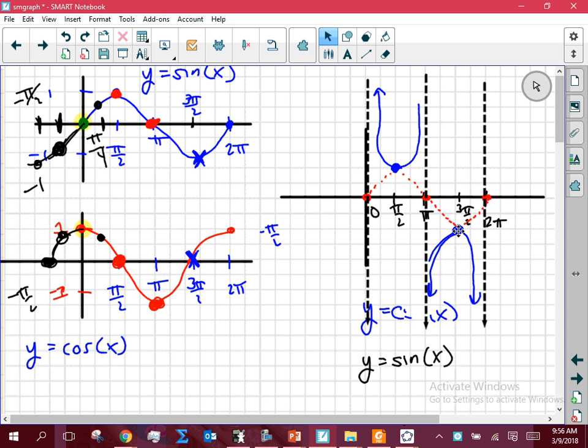The secant is going to attach to the cosine. So if I wanted to graph the secant, I do the exact same thing, but I start off with the cosine. All right? Monday, we'll start with this again so you can see it one more time, but then we'll talk about the